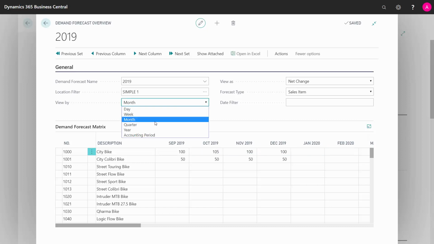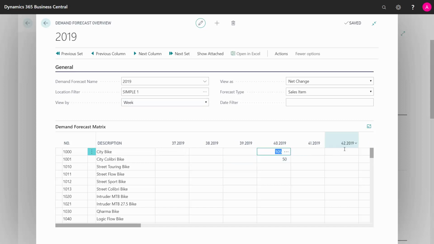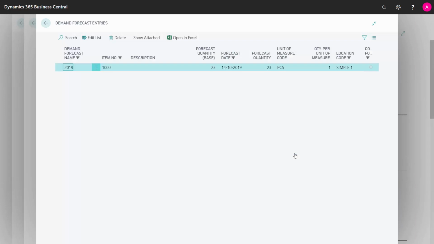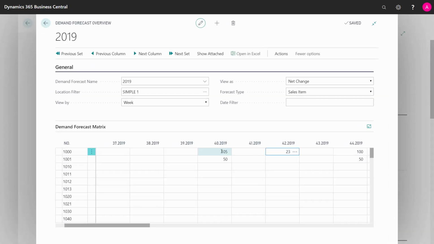And maybe if I also made other forecast entries just like this to mess it up a little, I can see my 105 here, and I'm making on this period here another 23. So I can see now that's the 14th of October. This also means I have changed the forecast period from 1st of October till 13th of October. Let's see how it works in the MRP planning.